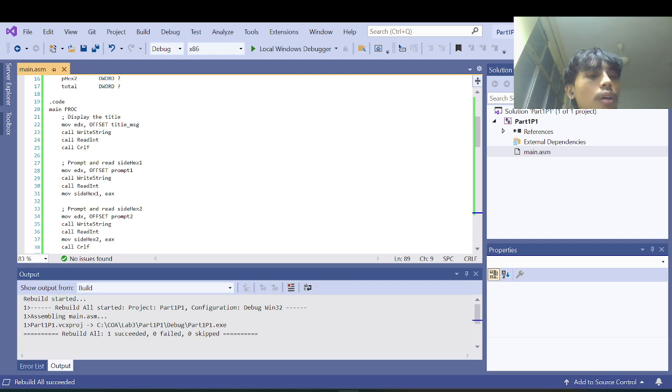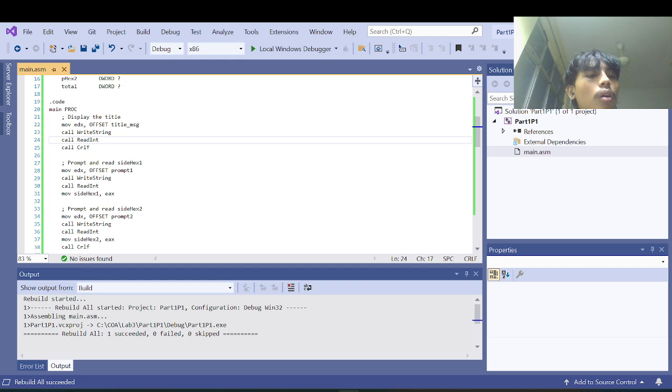And then before we go on to process the program, we need to know a bit how the program works. The instruction is going to tell the syntax what they need to do. For example, here in title message, the instruction will move to the edx when it is set,